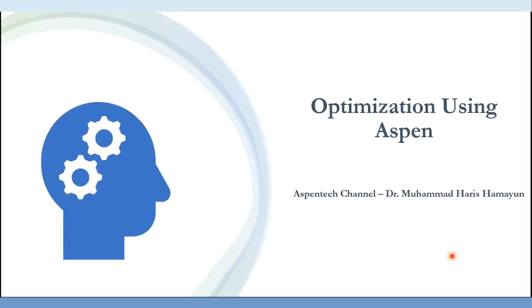And today we are bringing the next lecture, which is related to the optimization using Aspen. As we know, optimization is one of the key parameters whenever we talk about operation in the industry, and accordingly optimization has always played a key role because we are always in search of finding the most optimized or best operational parameters. So we are bringing this lecture, where we will be doing the optimization using Aspen Plus in today's